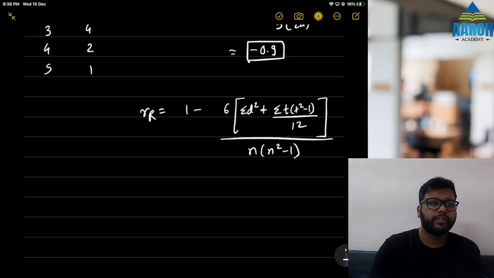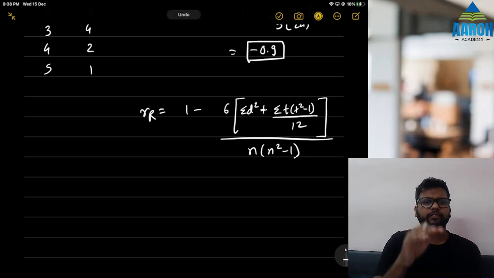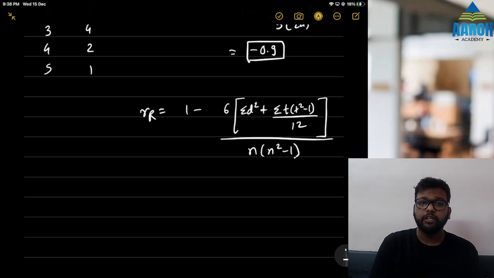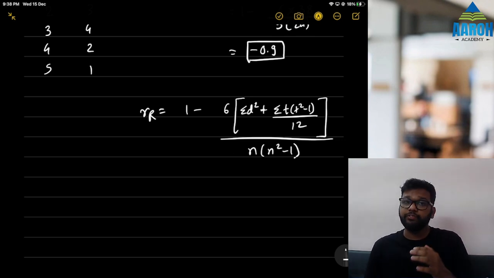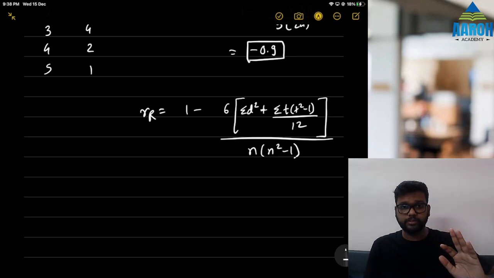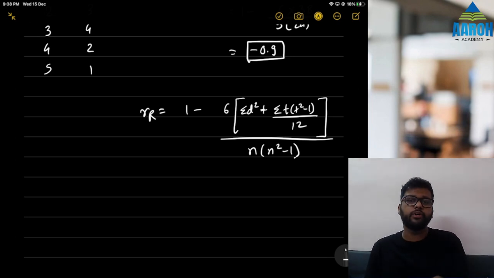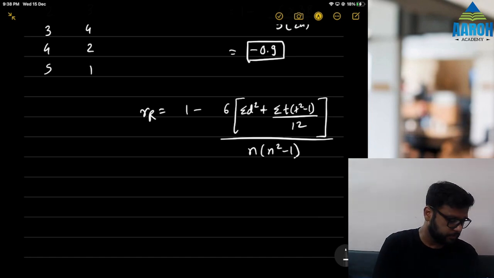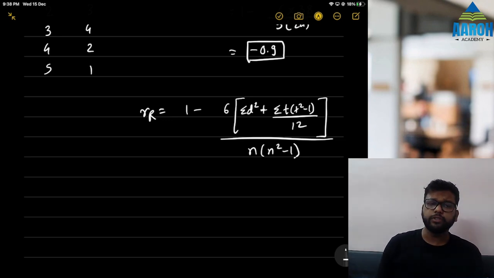Fine. So whenever we give ranks, if there is a tie, we should note down how many values are tied, and based on that we get this table of t. Based on that table of t, we can calculate t into t square minus 1 and then take sum and divide it by 12. I would suggest, if anyone has not done this till now, then skip it for now. Now is not the time to learn any new concept. So just focus on whatever you have studied till now. So it is okay. So this is Spearman's rank correlation coefficient